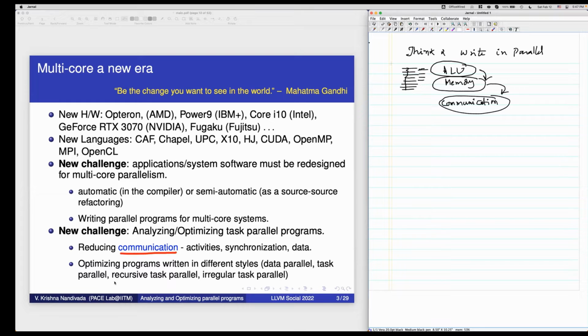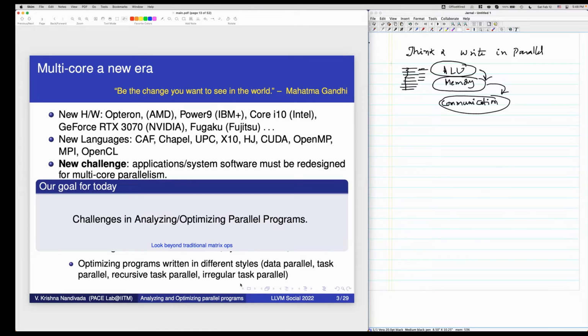I could have recursive task parallel programs where the parallelism gets unfolded in recursion. I can have irregular task parallel programs where different parallel iterations may be doing very different amounts of work, and which cannot be analyzed statically.